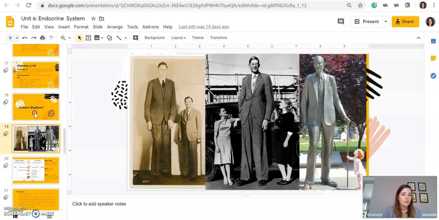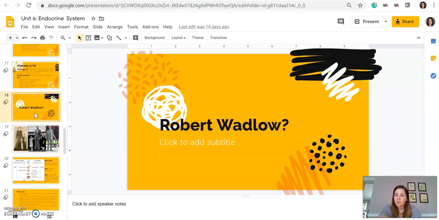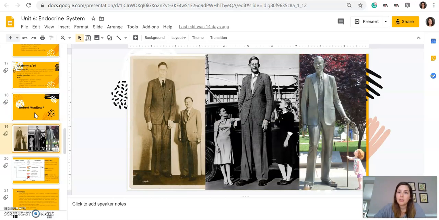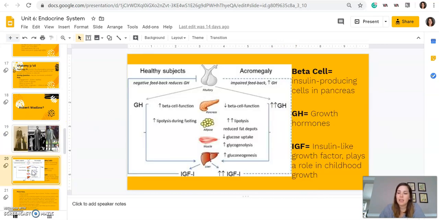So today, before we jump in, I want to tell you about a man named Robert Wadlow. He is the world's tallest man. He actually lived in Alton, Illinois, which is about a 2.5-hour drive south from here. There's a statue still standing there to commemorate him. And so he has a disease called acromegaly,